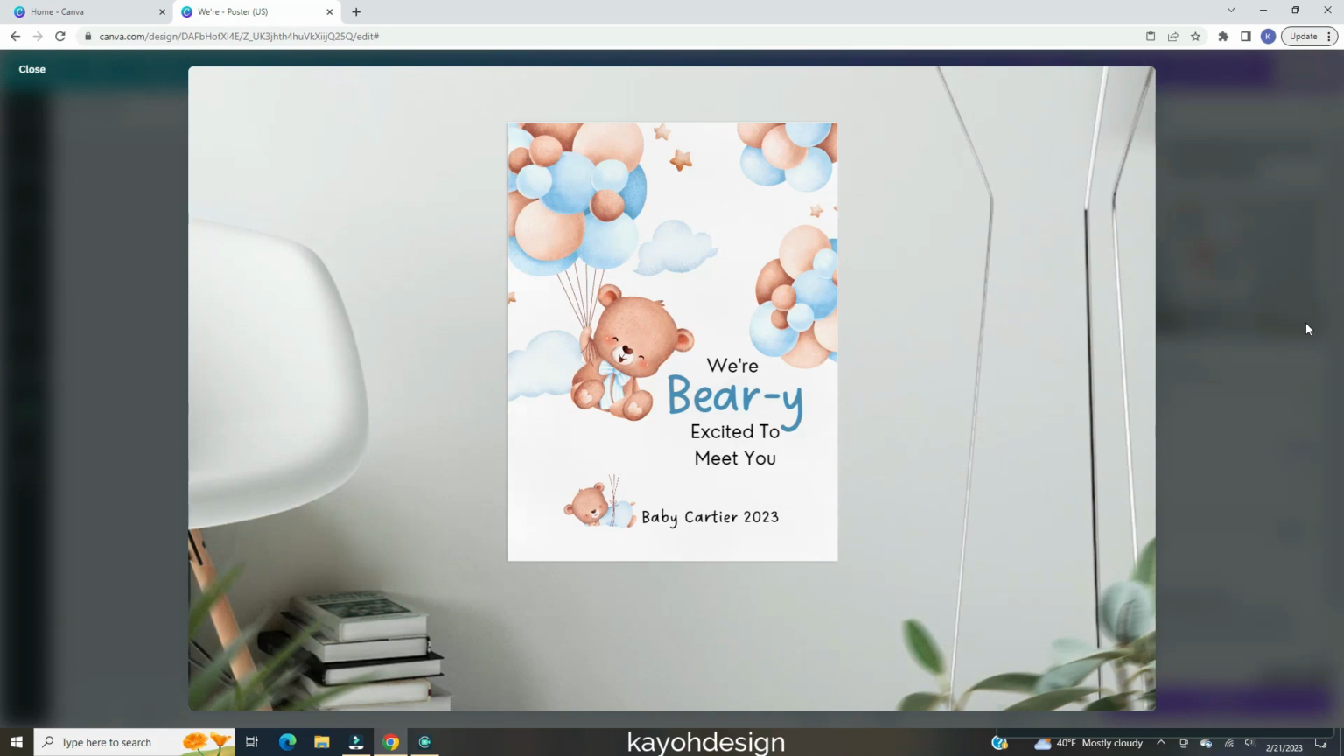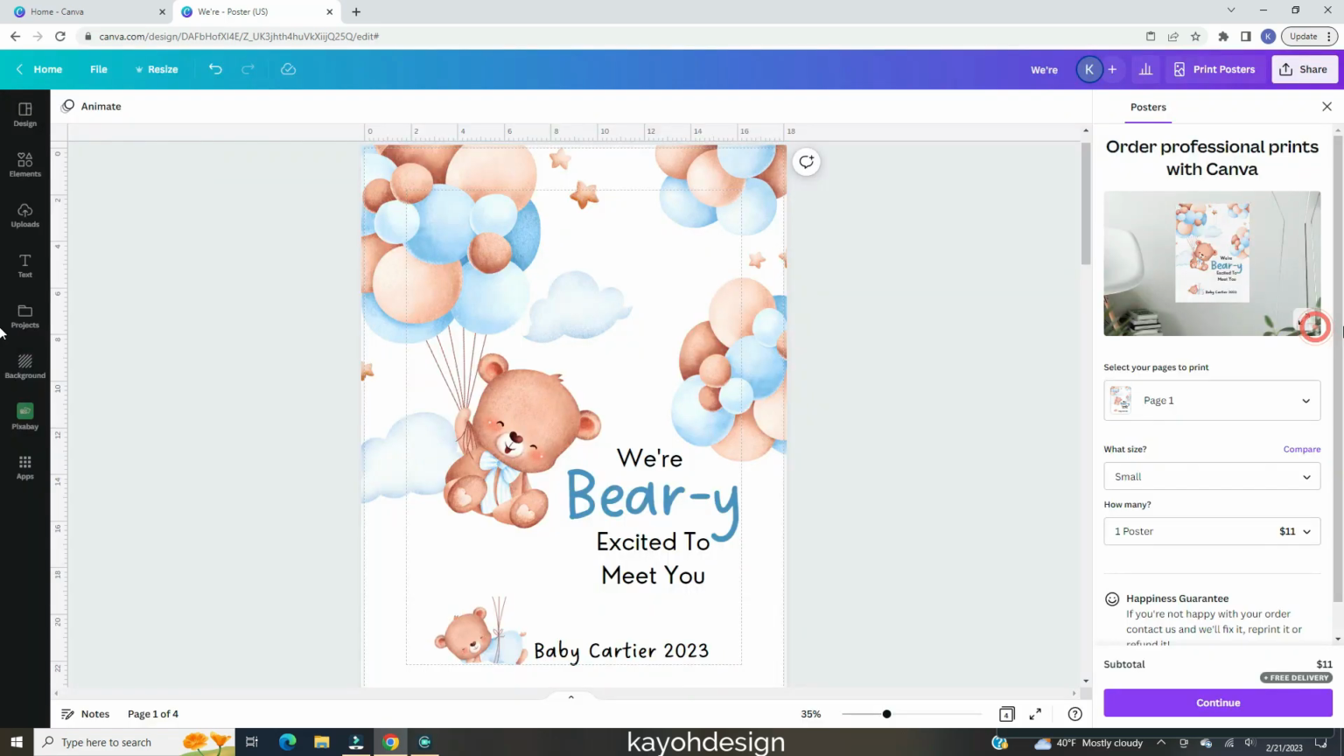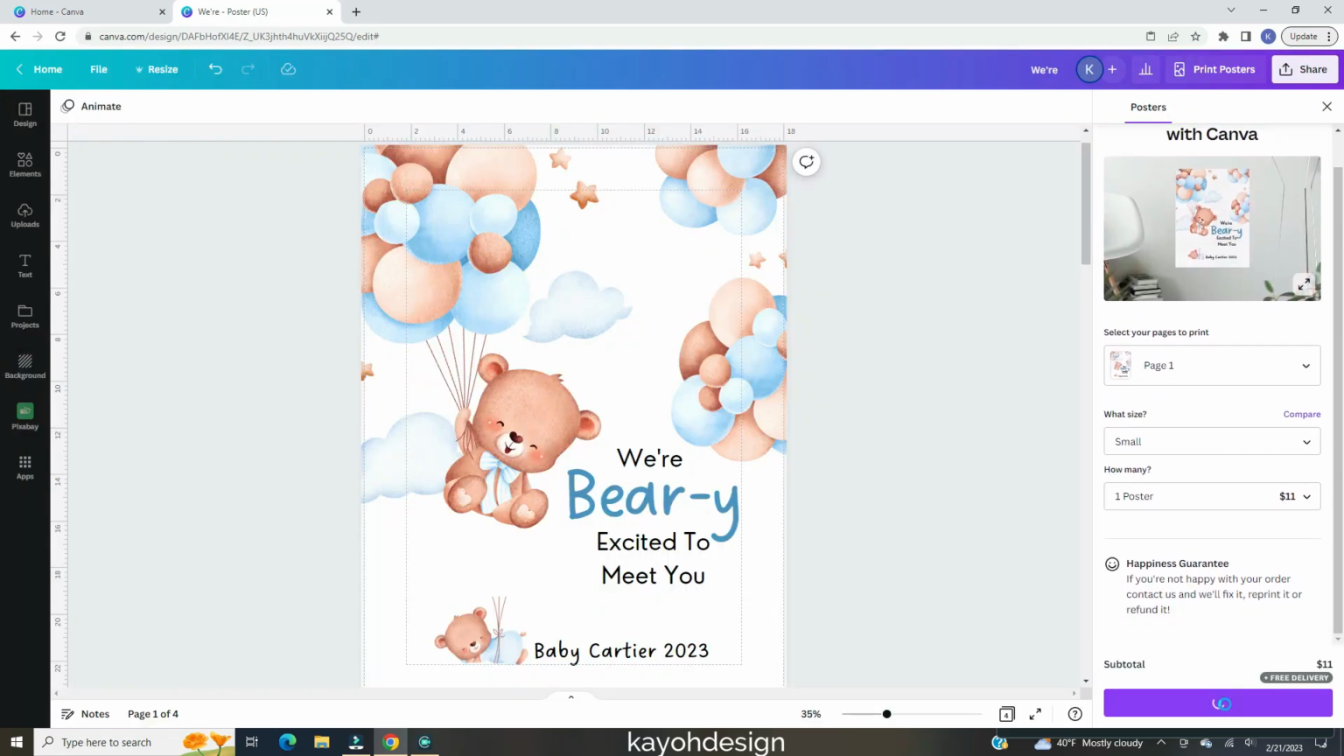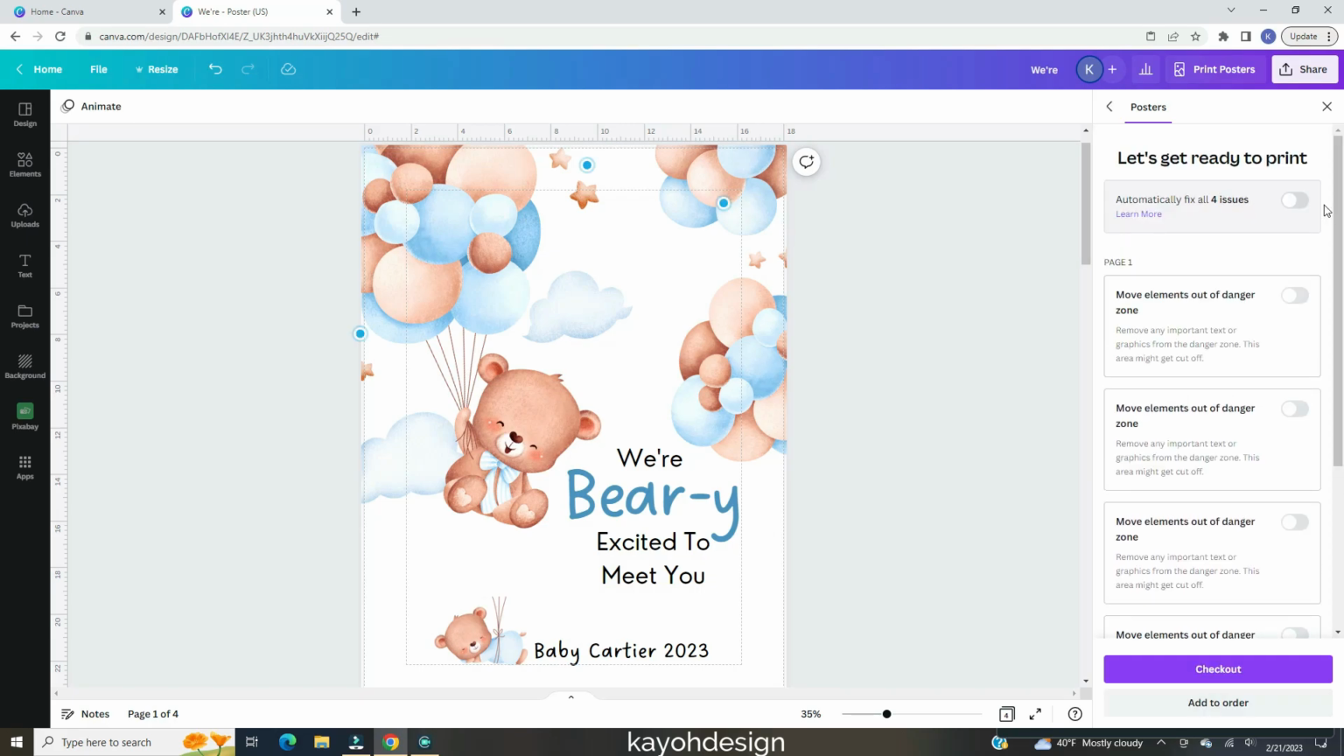So when you go to the print posters button, it shows you a mock-up of what the poster will look like if it's printed and put on your wall. So here's what the "We're very excited to meet you" poster looks like. So when you hit continue, it